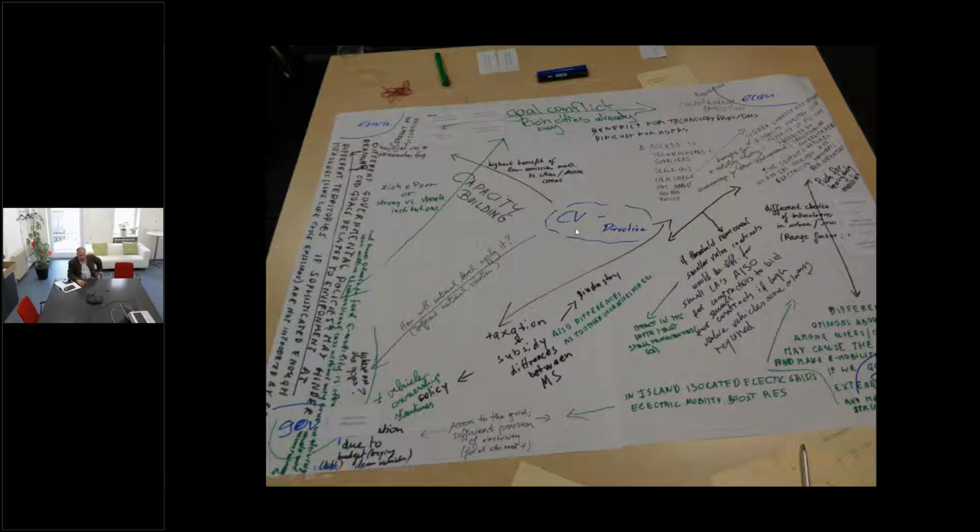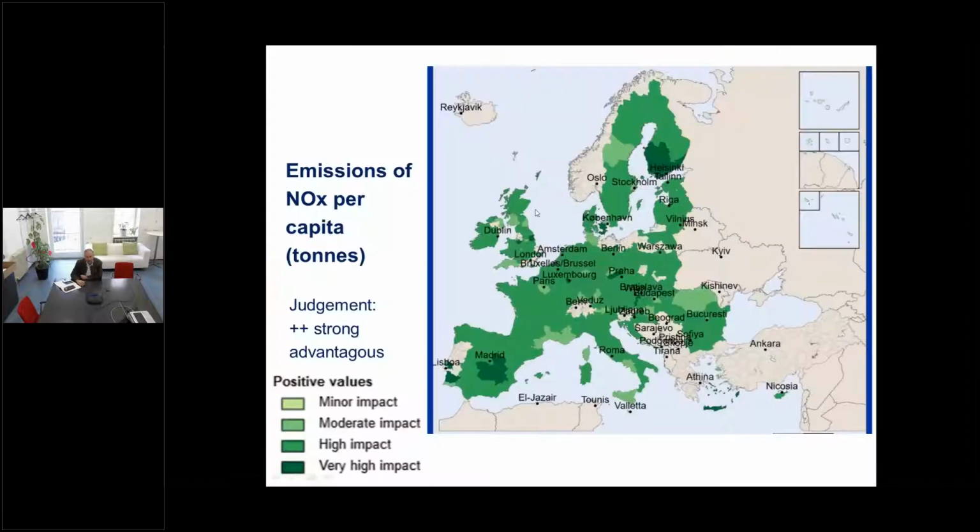And here, of course, the idea of a clean vehicle starts with a Tesla and ends with, I don't know, some electronic vehicles or self-driving vehicles. So we had to bridge the problem of the technicalities. Okay, what is really to be understood here? And following that, we can define more closely what the effects would be. I show you just one result example here, which was kind of obvious: the NOx emissions per capita,